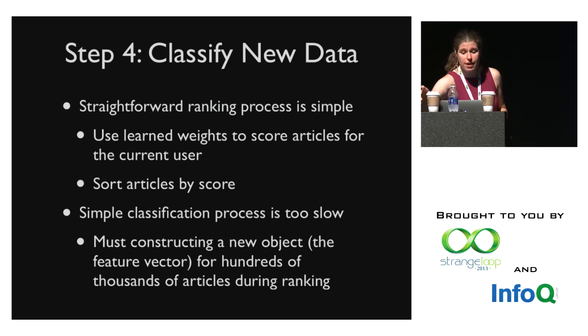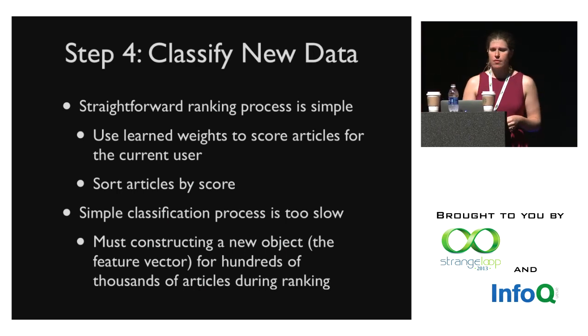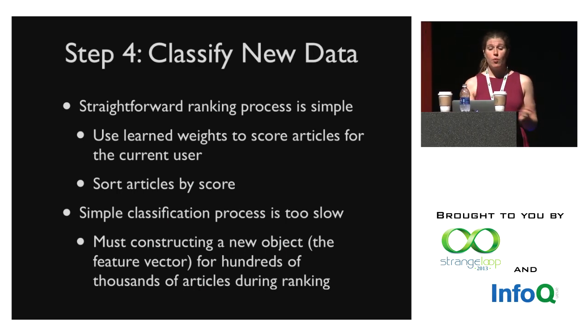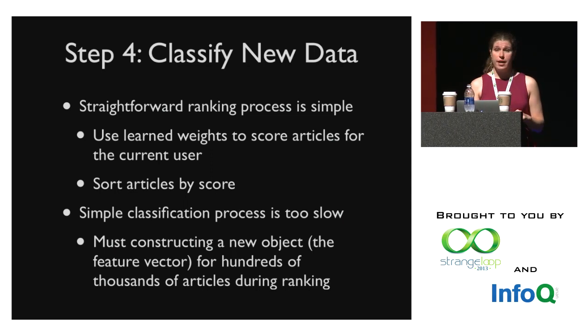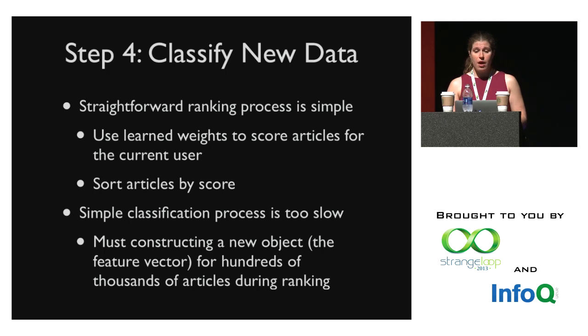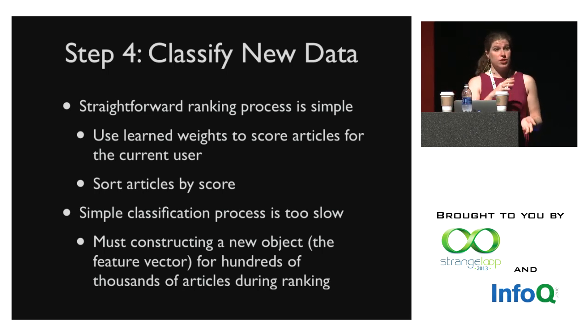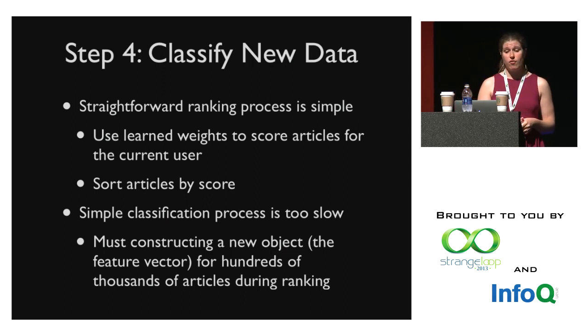On one level, classifying new data is trivial. A user comes to the site, and we compute a feature vector for that user and every document, or every document posts some sort of filter. And then we get scores for that article, and we sort. But there is a problem here. Earlier in the talk, I said that we need this call to return in several hundred milliseconds. And if we need to construct a new feature vector for this many documents, a new object, we're going to be hosed before we even begin.